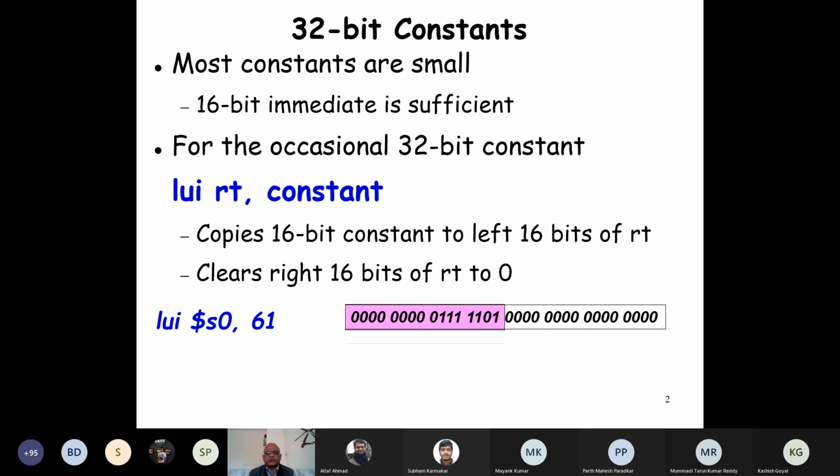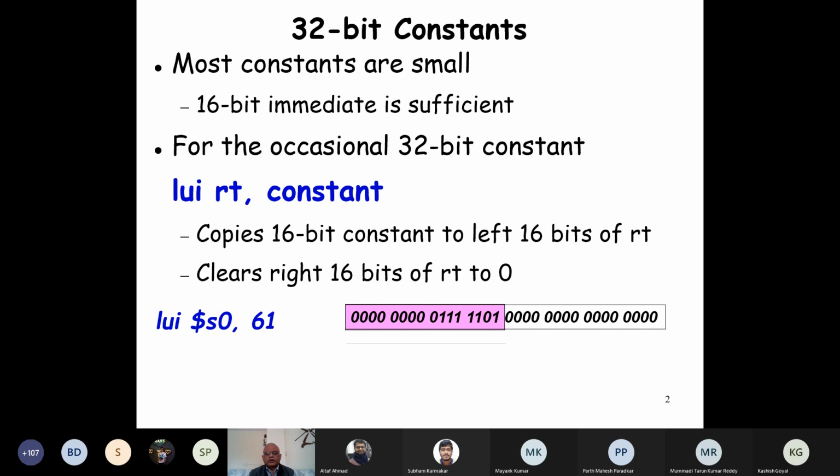For this we have to use two instructions. One is load upper immediate, and we give a 16-bit constant, and this constant gets loaded in the upper 2 bytes, the most significant 2 bytes, and the lower 2 bytes are set to 0. Let's say in register S0 we load some constant, say 61.